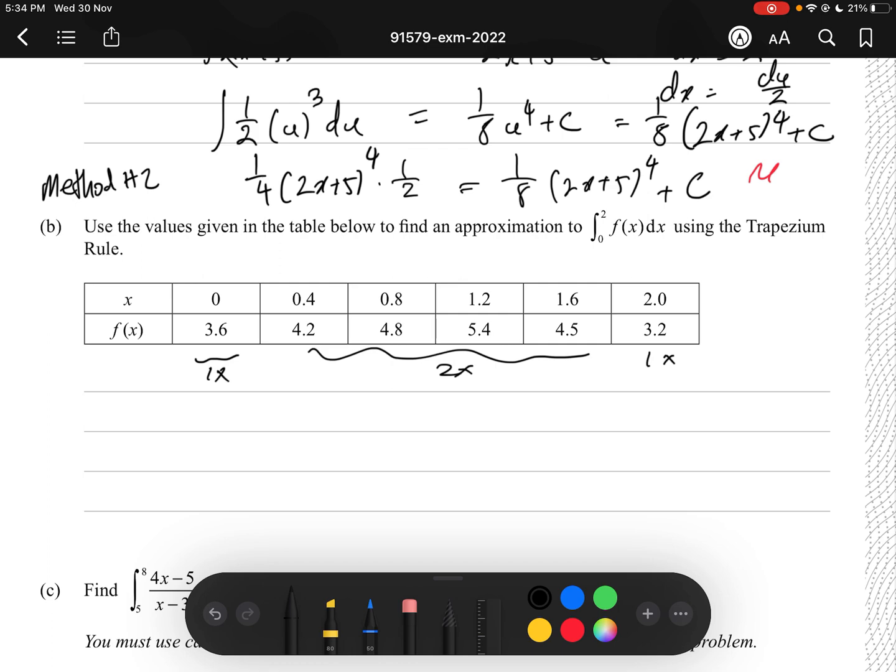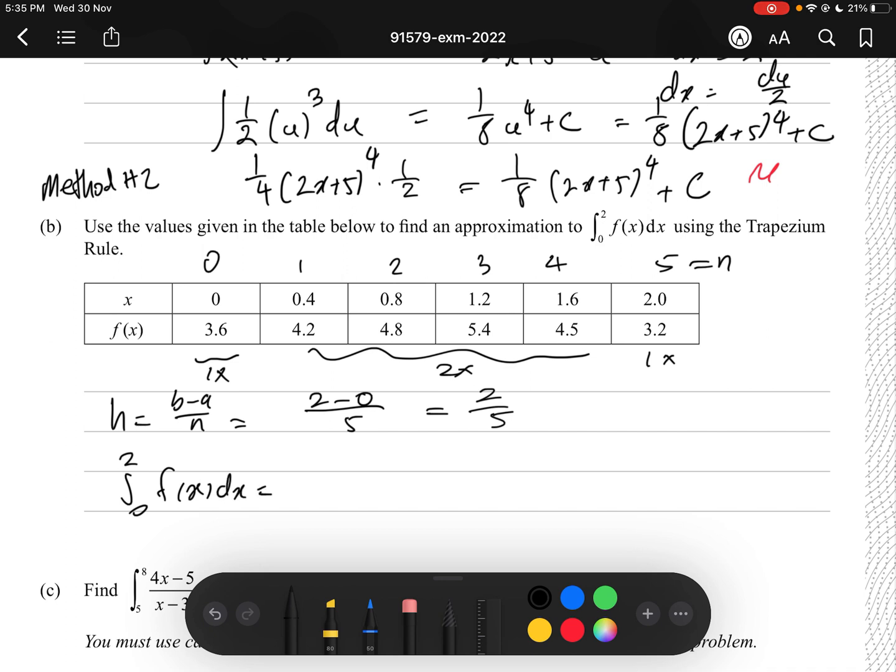We also want to find the height value. So in this case, the height of the trapezium is equal to b minus a over n, and that is equal to 2 minus 0 over n. And in this case, we have n equals 0, 1, 2, 3, 4, 5, so n equals 5. So height is equal to 2 over 5. So our integral from 0 to 2 of f of x dx equals 1/2 times 2 over 5